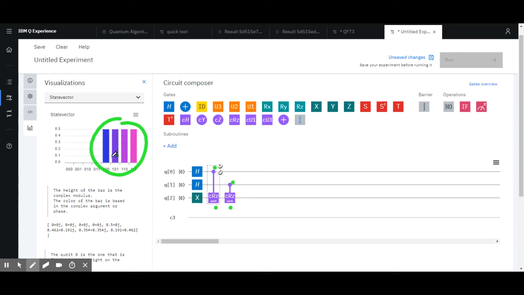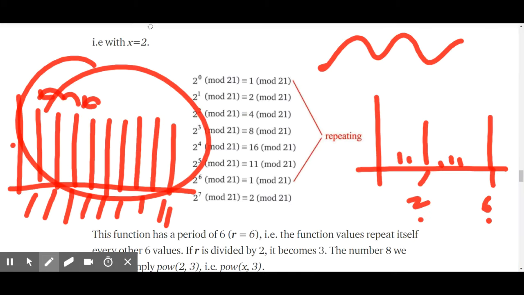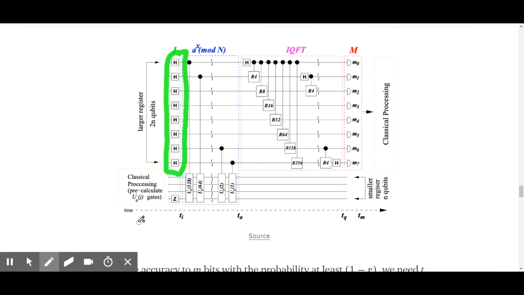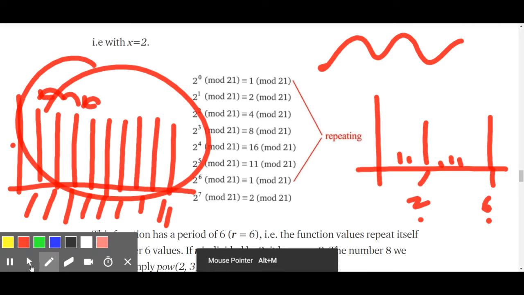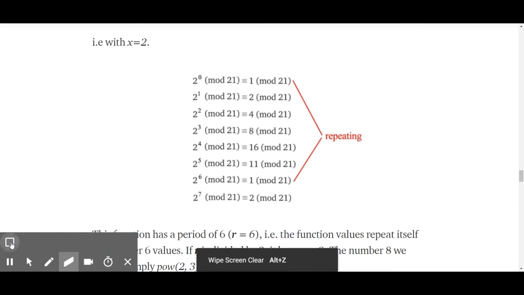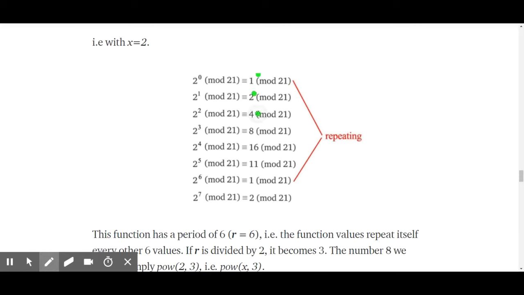If you pay attention, we are really encoding a wave, so to say, in our superposition here. So this is really what this step here is doing. If you pay attention to the nature of that, imagine that we would be able to encode these numbers into our phases. So we would essentially at some point have an overflow, because it's modulo 21, so you have a certain amount of qubits that you're using to represent that,